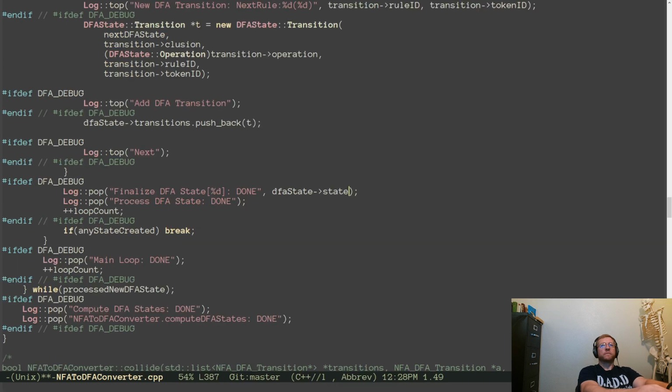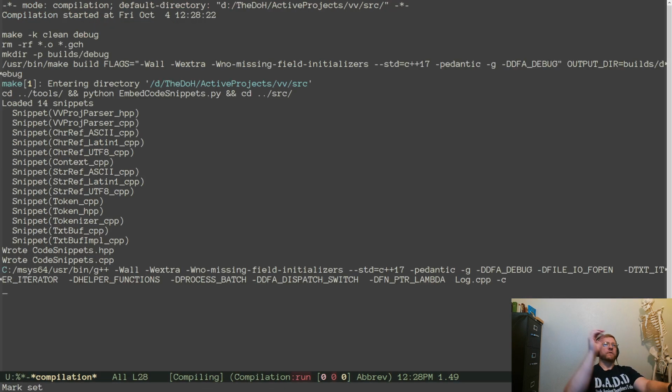State ID. Just add a few little details here and there as we go.